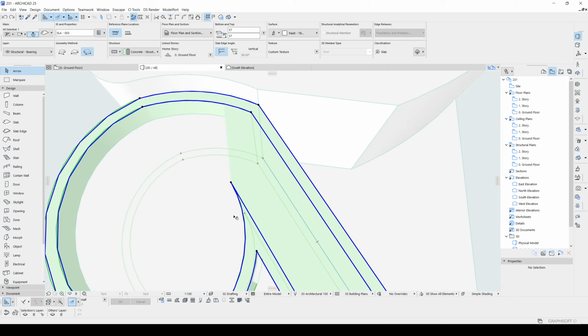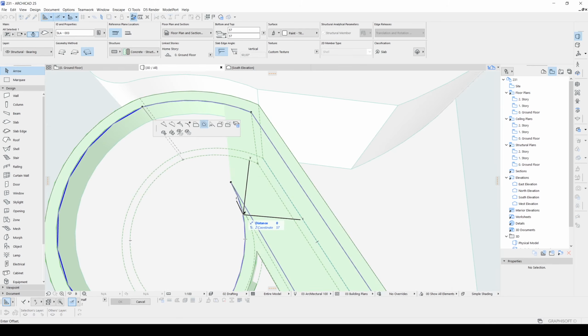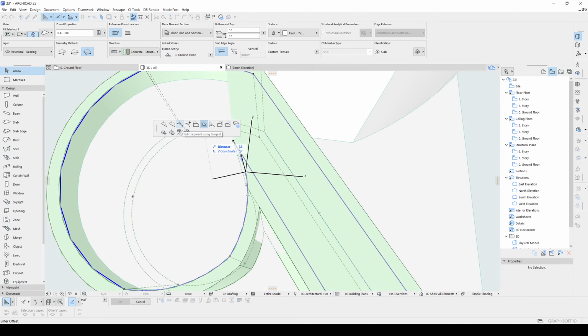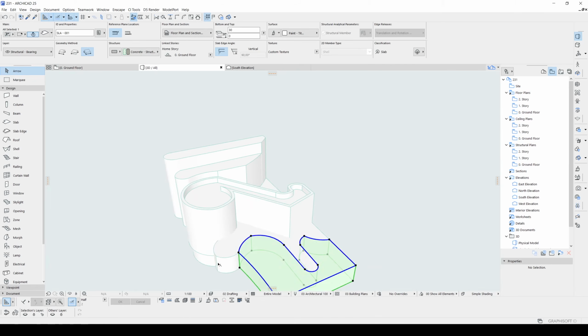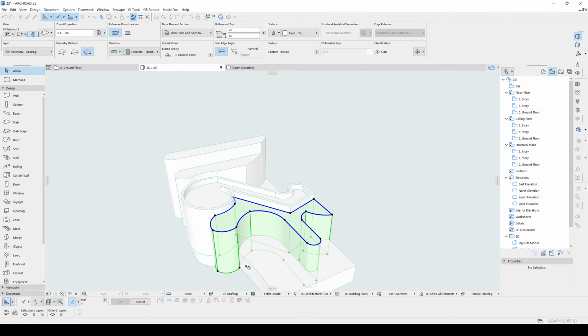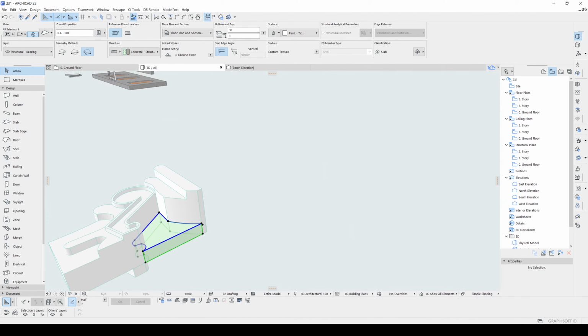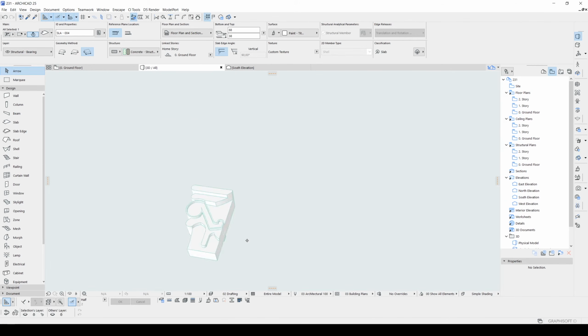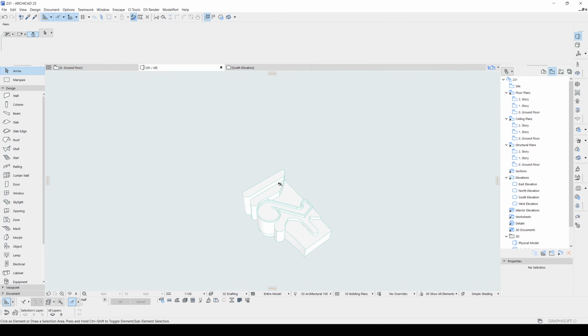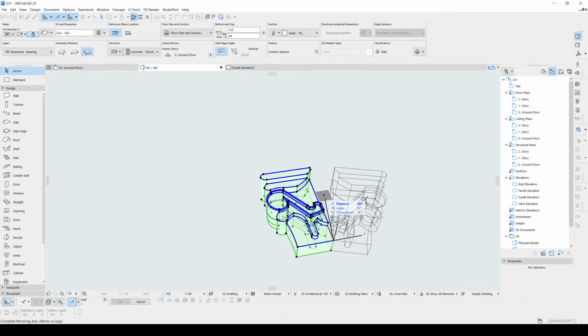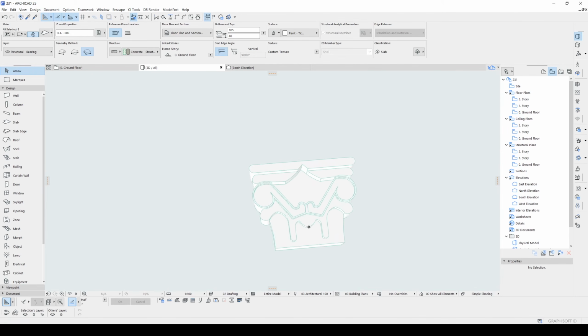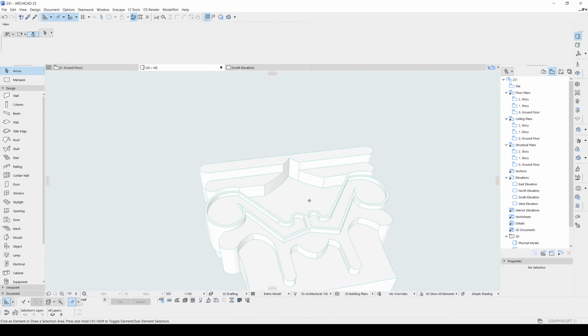If you see an error, something like this, you can try to change these curves. There we go, we have created one part, and after that we will make the symmetry and we will get our final shape.